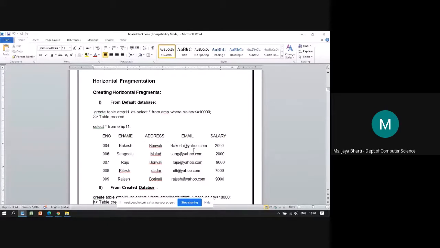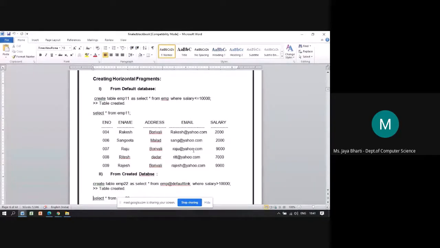So here we are creating the horizontal fragmentation. So create table emp11 as select star. That's why they always give the star, because each fragment should contain all the columns. Select star from employee where salary is less than or equal to 10,000.